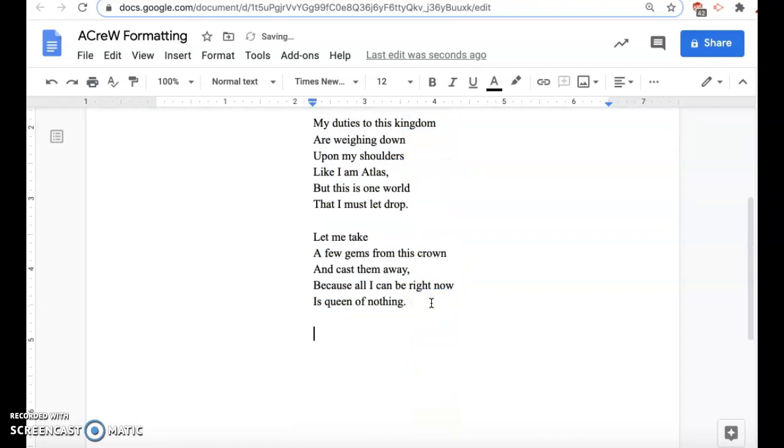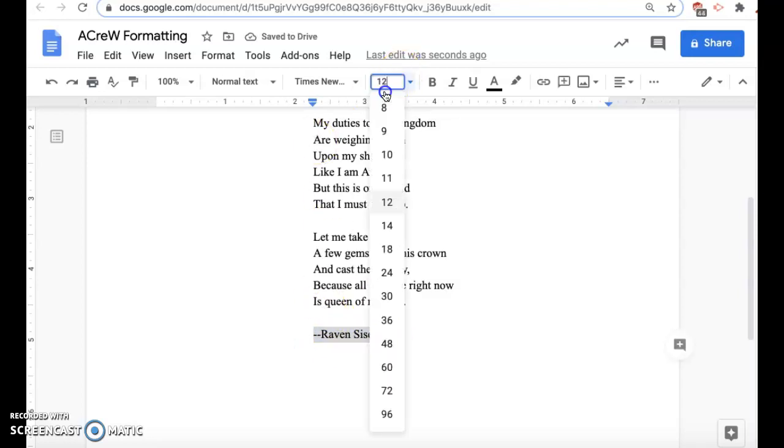And then I'm going to add another line. I'm going to put 2 dashes, 1, 2, my name, which obviously this would be your name. And then make this 10 point,